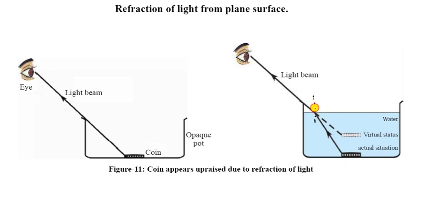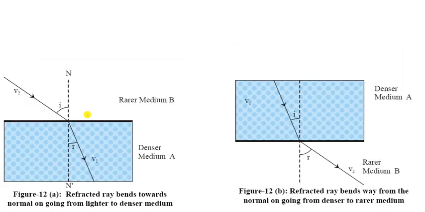What is refraction? Reflection of light from a plane surface: you have to see there is nothing in between, so we can see the coin directly. That is the beam of light which is coming from the coin to the eye. But when there is water, the coin is actual, but it is refracted here. It is the denser medium and the rarer medium, so the light bends far away from the normal. You can see here, this is the normal. It is always far from the normal. So light is bending here, and our image is virtually seen here. So this coin seems to appear upwards.